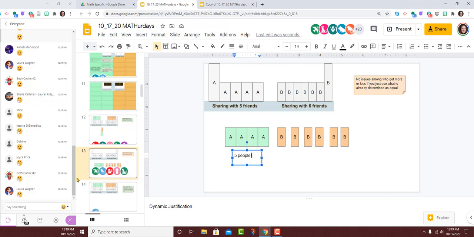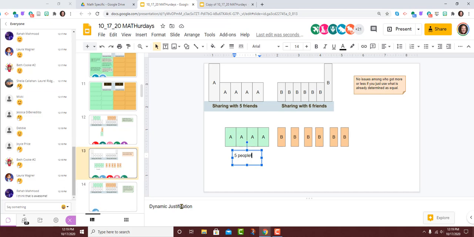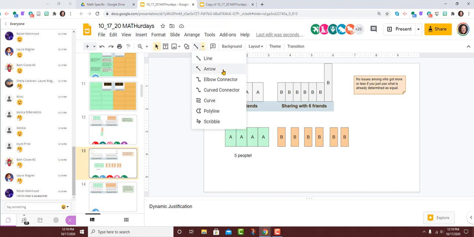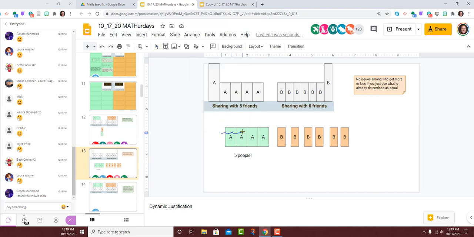I see a lot of thinking faces in the chat. Beth, would you like to share with us what you're still thinking about here? Sure. I guess the equity part of it wasn't something that I had considered when I was making my initial decision. I hadn't really thought about that part. And then teaching at a grade level where developmentally, equality is absolutely everything to these kids. Yeah, what if we cut it like that and the fifth person got that little chunk? I don't really know about that one. It's going to be a little interesting.